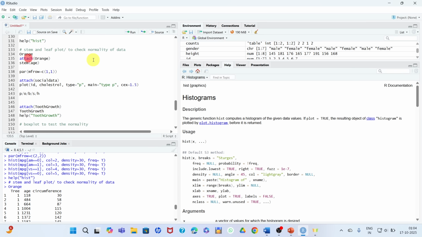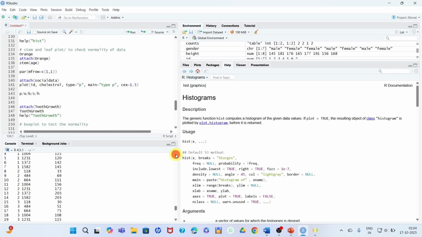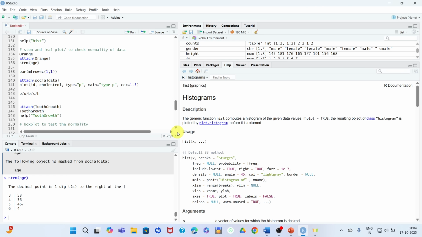So let's activate the orange data. And now the command is stem age. Let me show you the data for your clarity. Age, the tree age. So the command is stem age, run. So here you can see that this is the stem and leaf plot prepared. It is used to check the normality of your data.